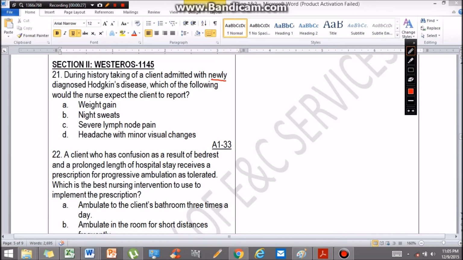So the client is newly diagnosed, which gives you an idea that the client is on the early stage of the disease. So let's now eliminate C and D because these two are considered to be late signs of this disorder. Now between A and B, the answer here is B. Why? Because clients should report weight loss and not weight gain. So eliminate A, B is the answer. Next,